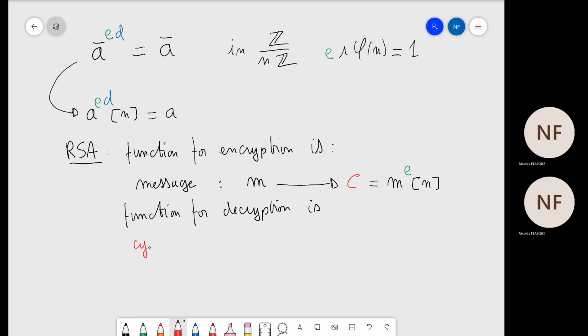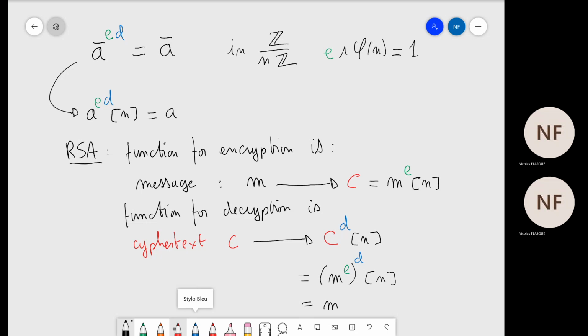So you have your ciphertext, which is C, and then we calculate C to the power of D modulo N. As C is already M to the power of E, when we replace C by this expression, what we get is M to the power of E to the power of D modulo N. And actually, writing M to the power of E to the power of D is equivalent to write M to the power of E times D